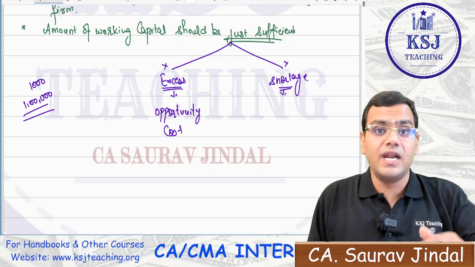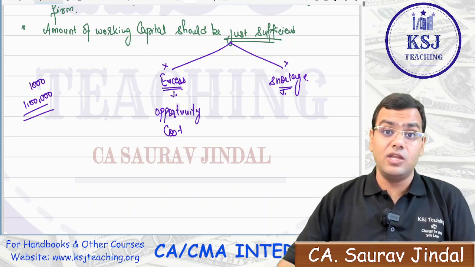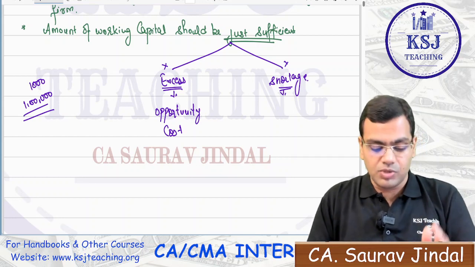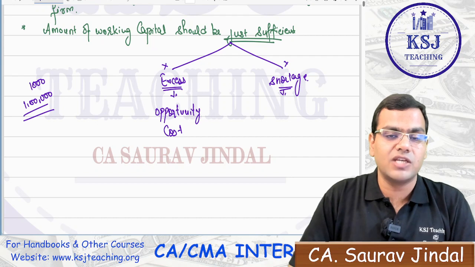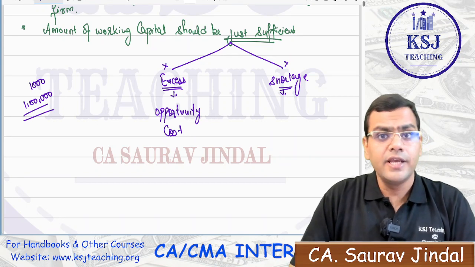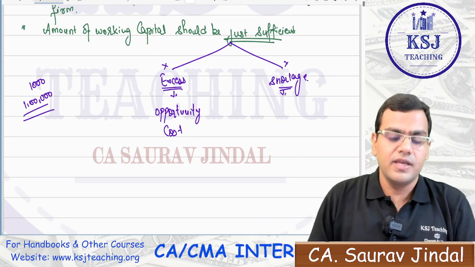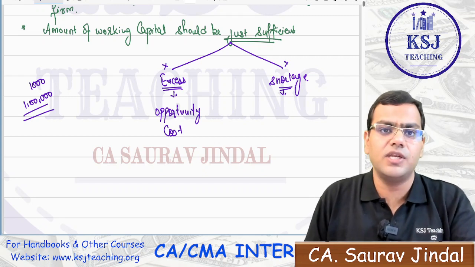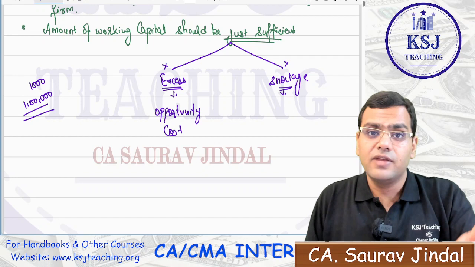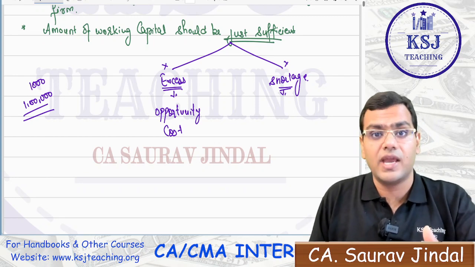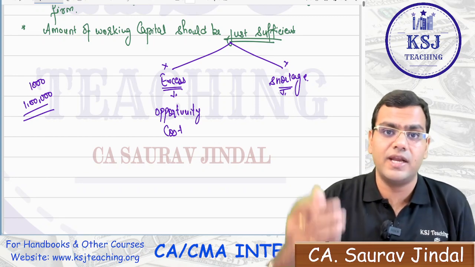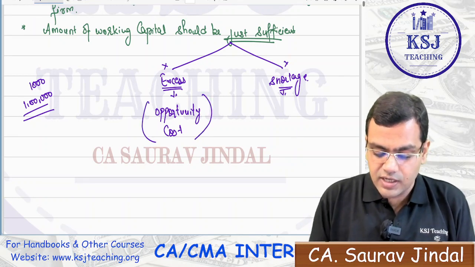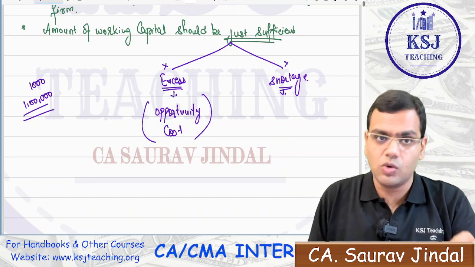Why? Because you can deposit the excess money in the bank and earn interest on that, but you are losing out on the interest because you are holding 1 lakh rupees in cash with you, right? You could have invested that 1 lakh somewhere, keeping 1000, or as per the requirement you can keep 5000 rupees, right? The remaining 95000 rupees you can invest somewhere and get a good return on that, isn't it? So there is opportunity cost if you are holding the excess of working capital.